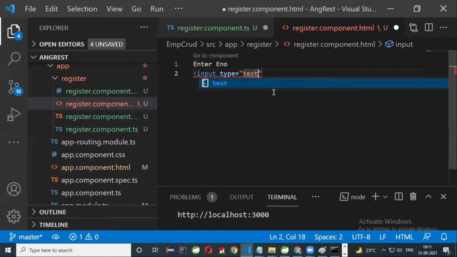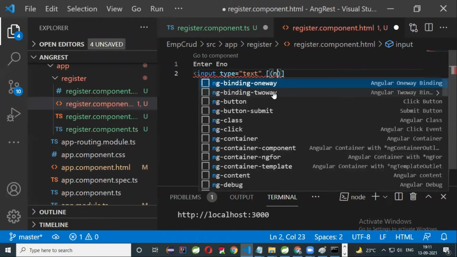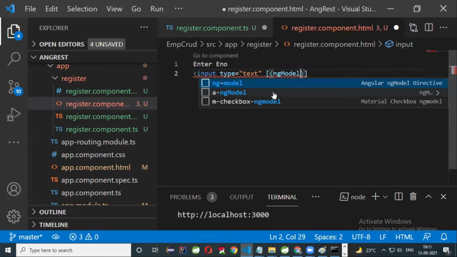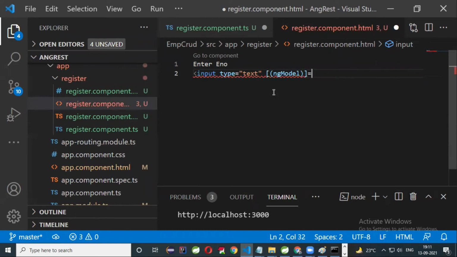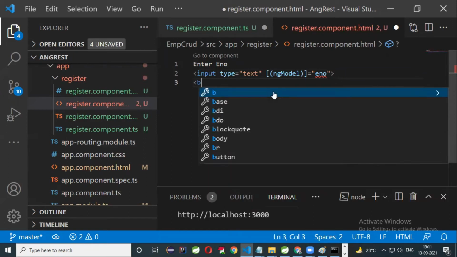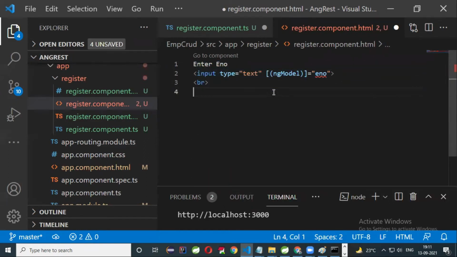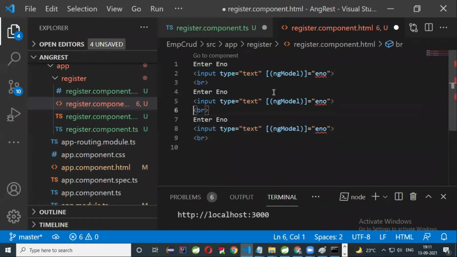Regular HTML code I'll write, and here you can use ngModel. It is data binding. Data binding means whenever you enter the values in the text boxes, automatically these values are saved in the model variables. There's a good relation between view and model. Is it clear? Here you can throw the cursor, and here you can write enter employee number, employee name, and what? Salary. Here you can give enter employee name. I'll give some variable ename, and here I'll give enter salary. Here I'll give the variable name something like what? Salary.